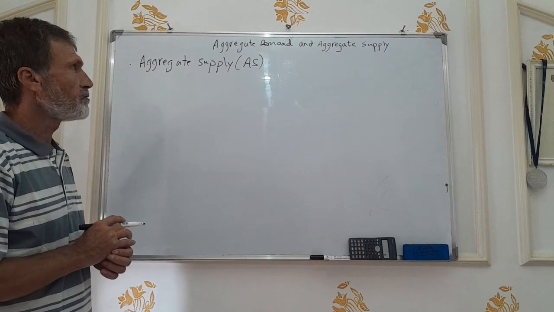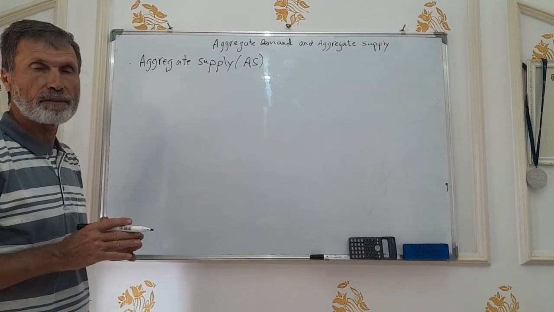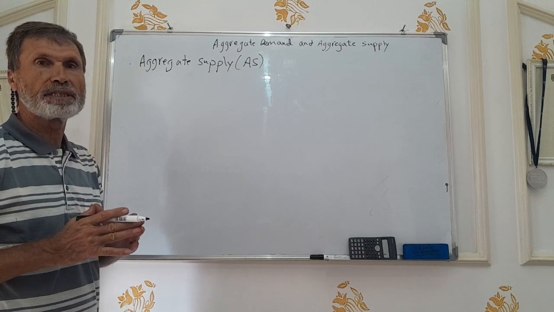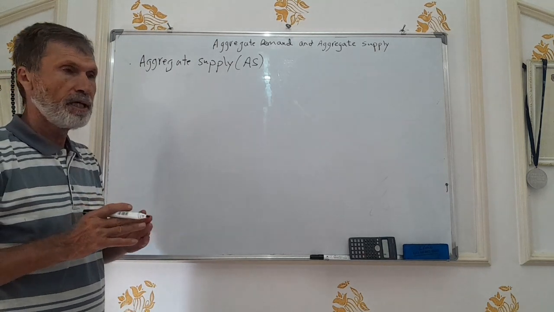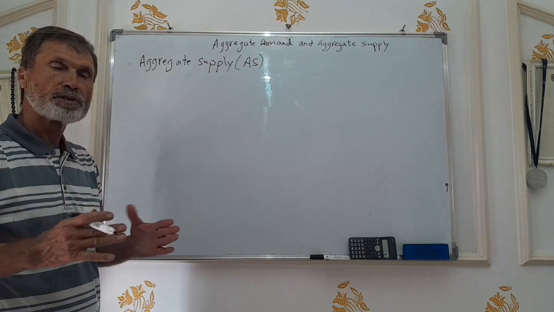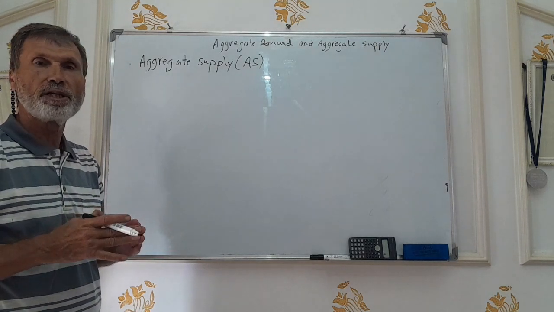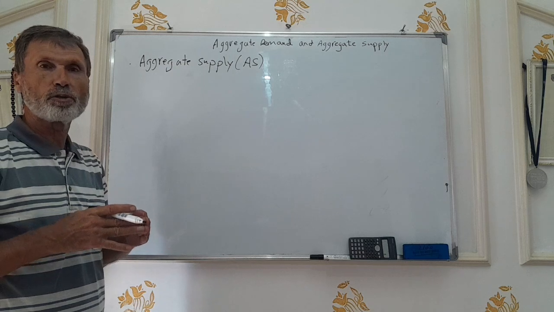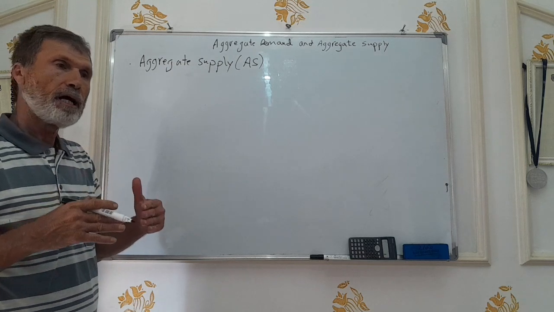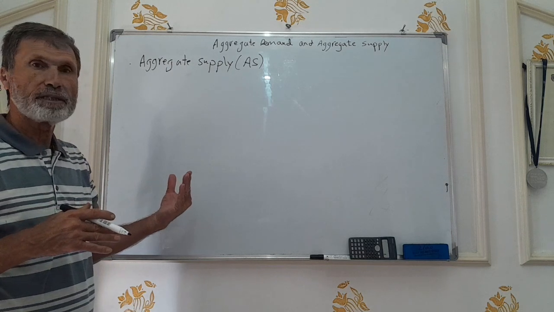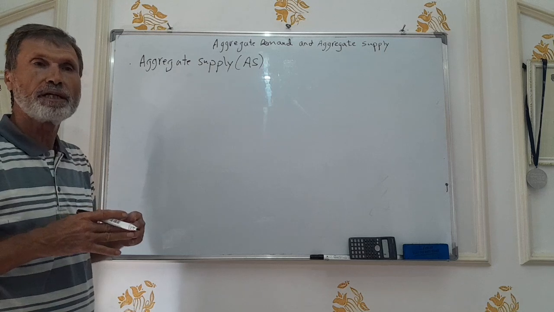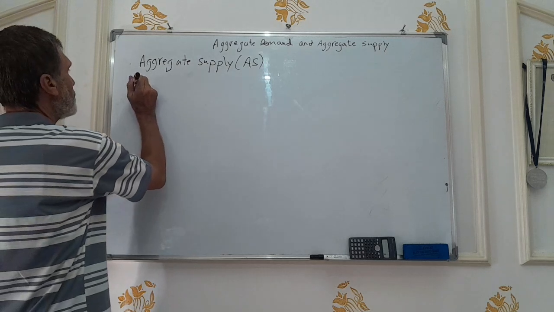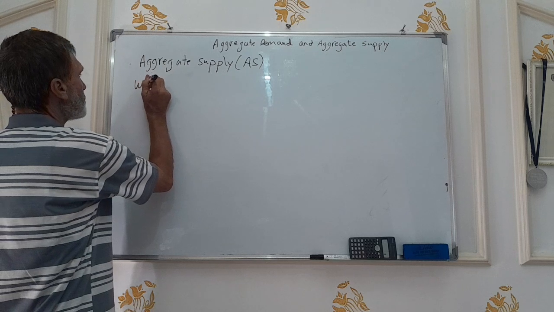Another explanation for the upward sloping short-run supply curve is, of course, the workers' misperception. As you can see, economists have proposed some explanations to explain why the short-run aggregate supply is upward sloping. We have already talked about the sticky wages. Now we talked about another explanation, which is workers' misperception. And therefore, here, workers